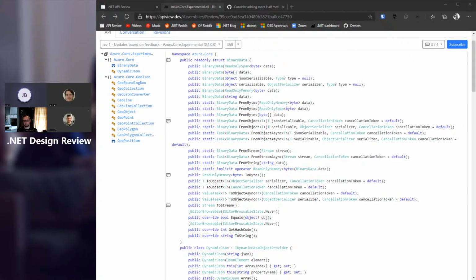Then I do wonder if we would still want to take the from object that assumes JSON and just go ahead and call it from JSON, so it's straightforward, telling you what it's doing. Well, we could consider that, but from JSON is not actually saying what it's doing, because the input is not JSON. You'd actually want the toJSON method returning binary data, which is a bit weird compared to all the other to methods. Fair enough, because yes, it's from an object, so then it'd have to be called from object to JSON, which is